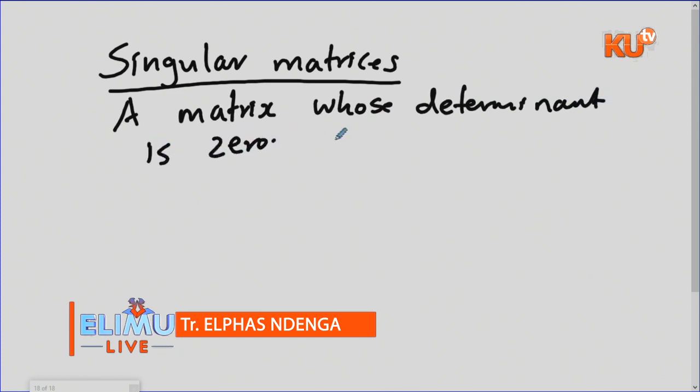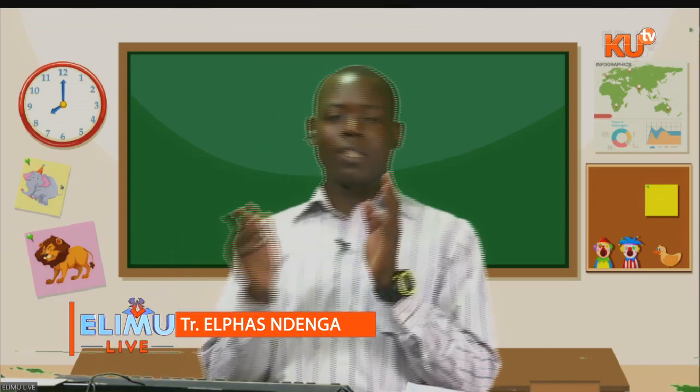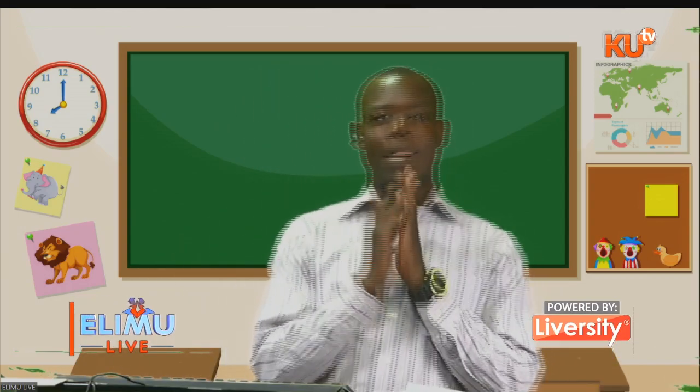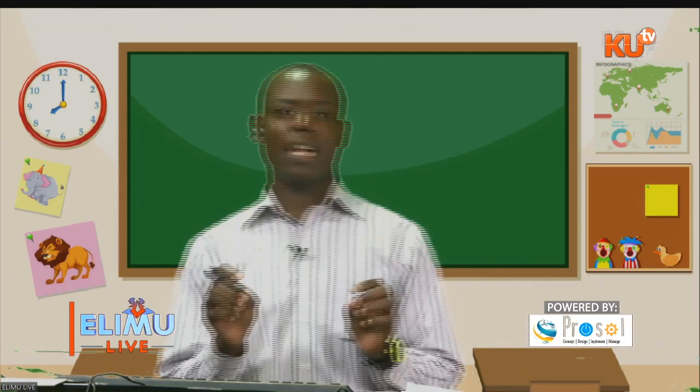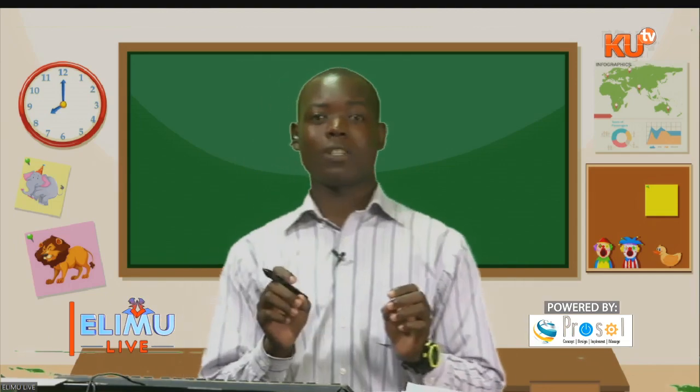And in this case, I'm saying again, they have no inverse. Good. The determinant is 0 and they have no inverse. As simple as that. So most of the time, this part is very important because questions will come on singular